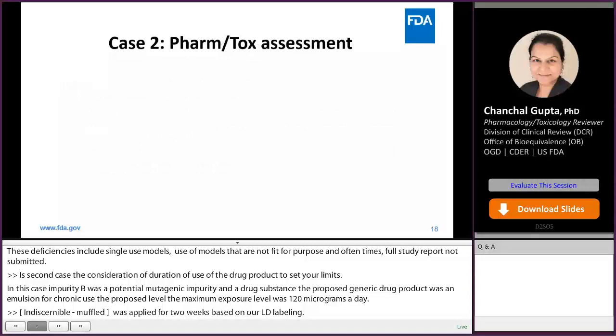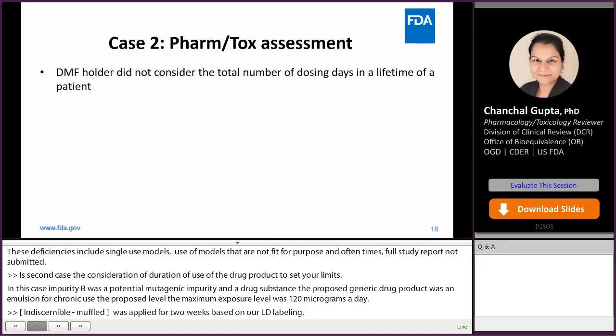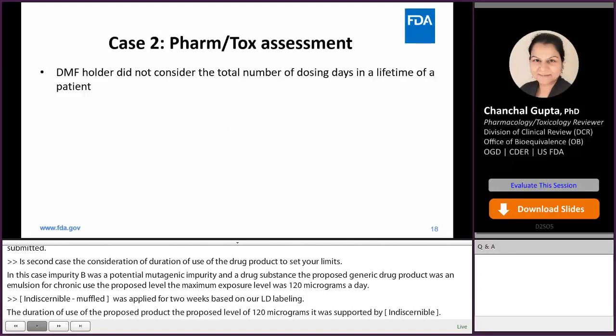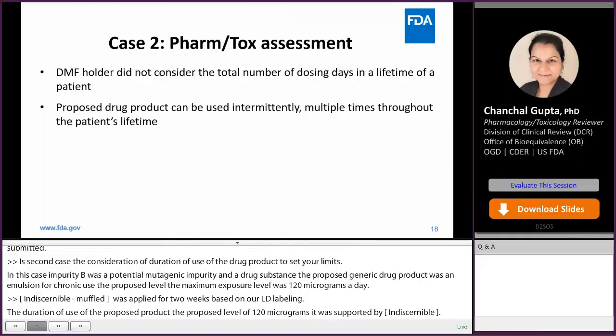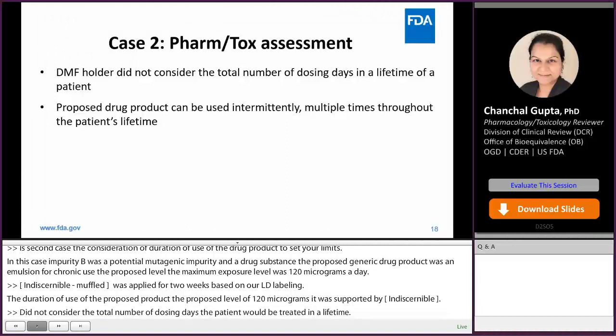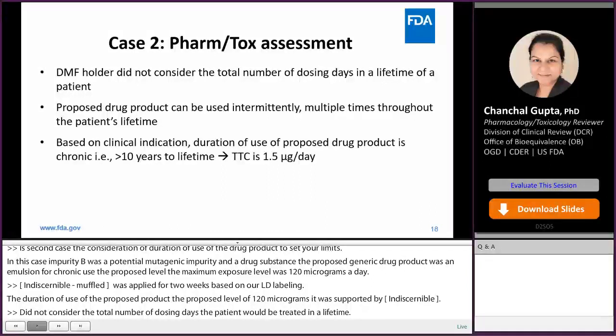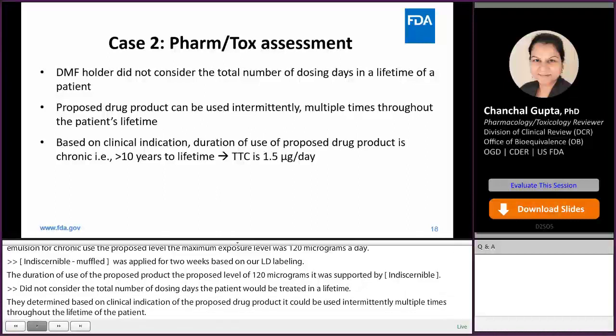Upon review, OGD-Pharm determined that the DMF holder did not consider the total number of dosing days a patient would be treated in a lifetime for the given indication. OGD-Pharm determined that based on the clinical indication of the proposed drug product, it could be used intermittently multiple times throughout the lifetime of a patient. Hence, the proposed drug product belonged to the greater than 10 years to lifetime duration category, and the TTC is 1.5